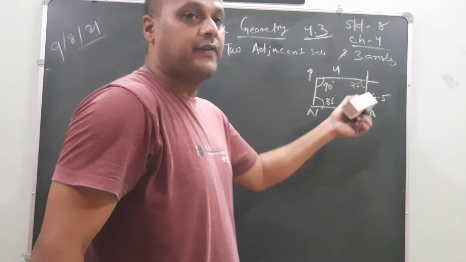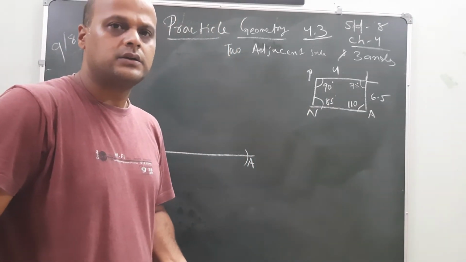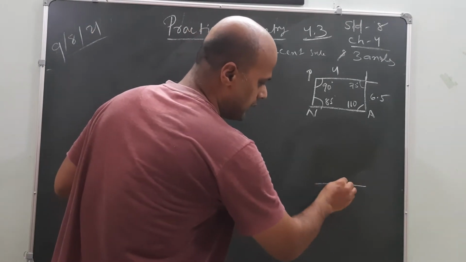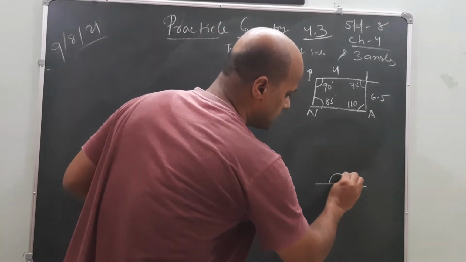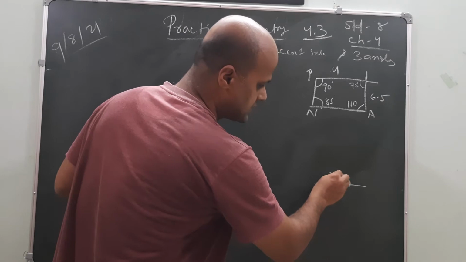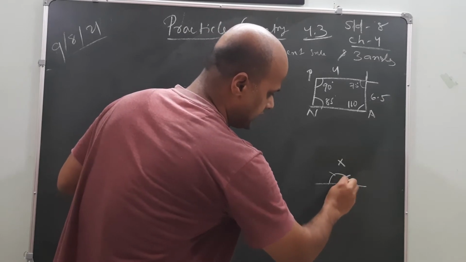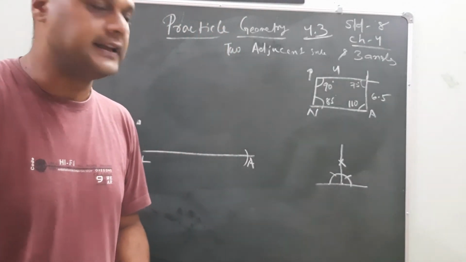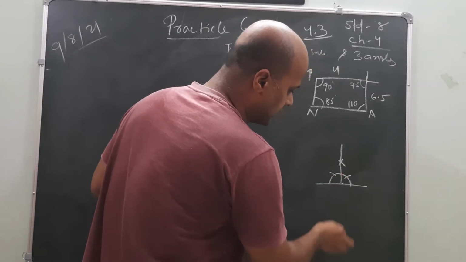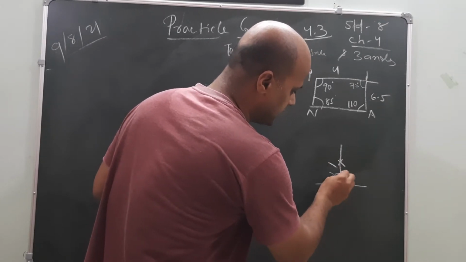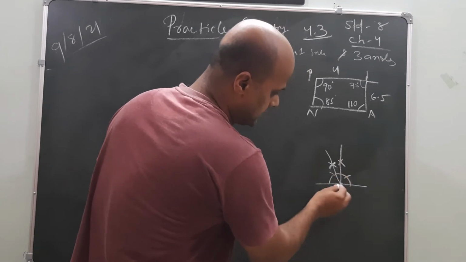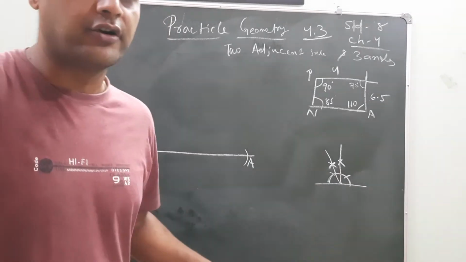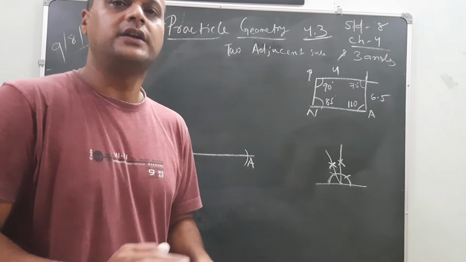75 degree. How you will draw the 75 degree? So many people have some confusion, so I will be giving little hints. If I draw a line, put the point here, draw a semicircle from this side. 60, 120, 90 degree. Now just tell me, 75 will come in between which two degrees? It is coming between 60 degree and 90 degree. So from here bisect it. This angle is called 75 degree. This is the process of drawing the 75 degree. Don't make any confusion. Go through the principles and solve it.